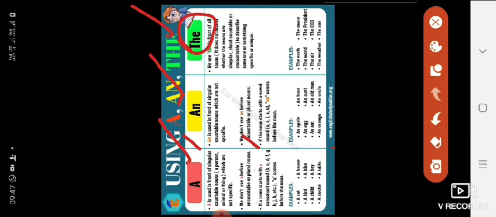These are all the words that start with the consonant letter, and we put a before these words which start with a consonant word as well as which give a consonant sound. A cat, a bird, a child, a doctor, a house, a bike, a table. These are all the examples of those words that start with a consonant letter and that gives